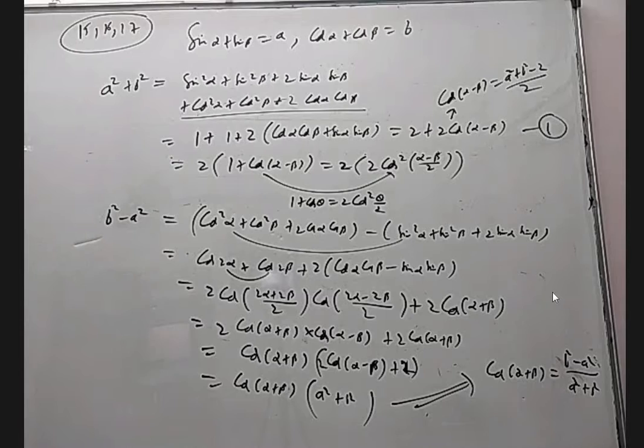Even when we square and add, obviously we'll get some extra solutions. If the question had been sine alpha plus sine beta is minus a, then also when we square and subtract or add, same thing, right? So whenever we square and add, not only are we solving the present question, we are solving a few other questions also. We have to remember that.